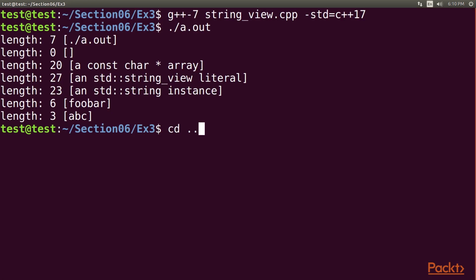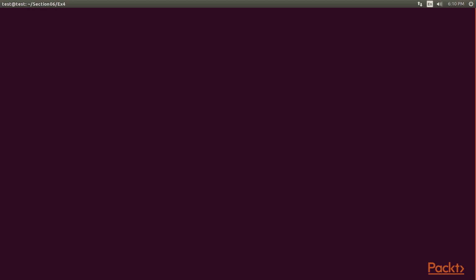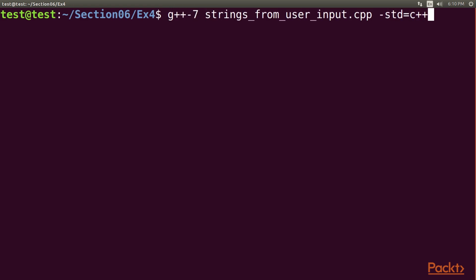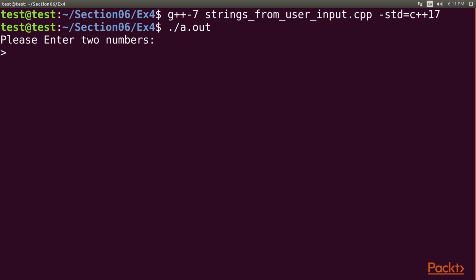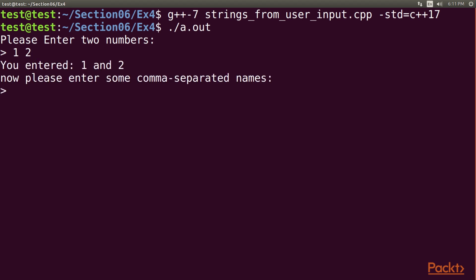Go to your terminal, navigate to the directory ex4. Next, we will clear the screen using the reset command. After that, type in the command for compiling the code. After the successful compilation, let's execute it. First, it will ask us to enter two numbers, in which we assumingly entered only valid inputs. We enter 1 and 2. The numbers are 1, 2, which are parsed correctly, and then we enter some names like John Doe, Ellen Ripley,